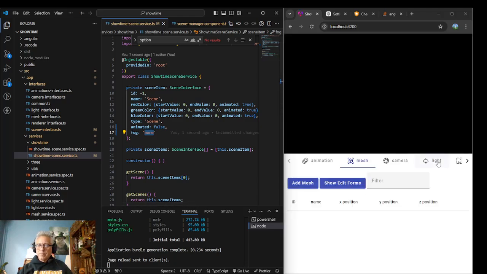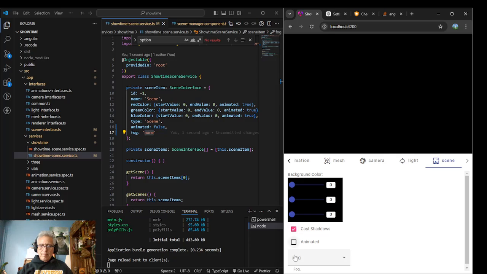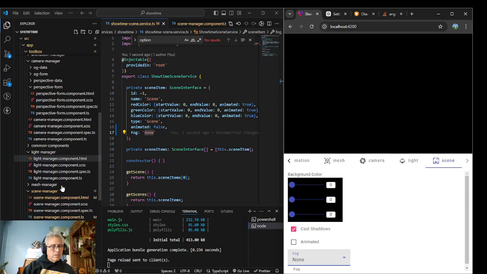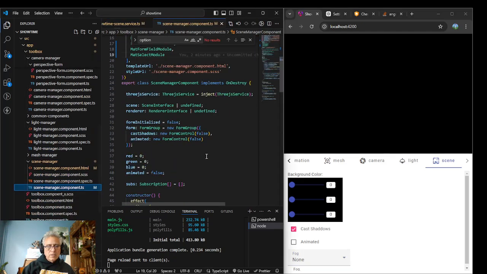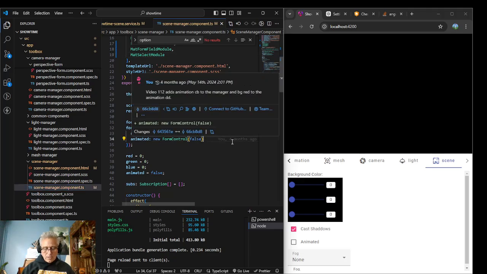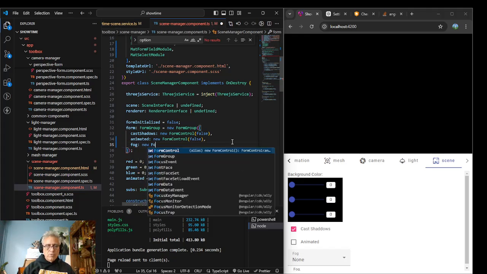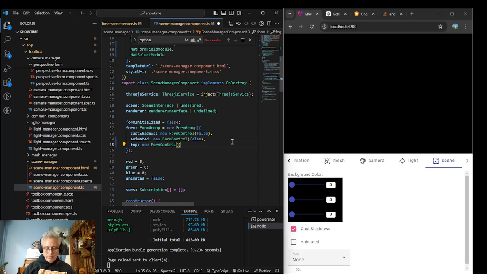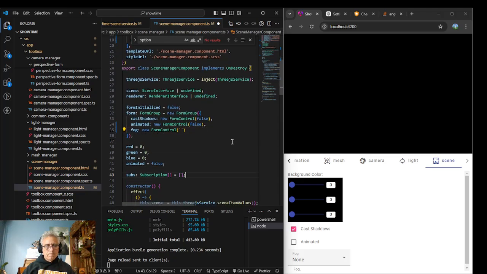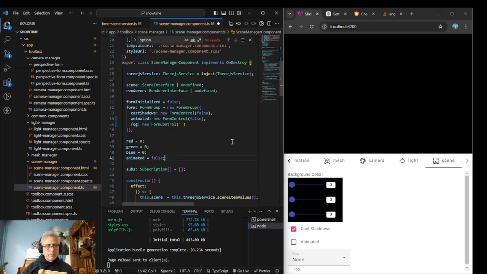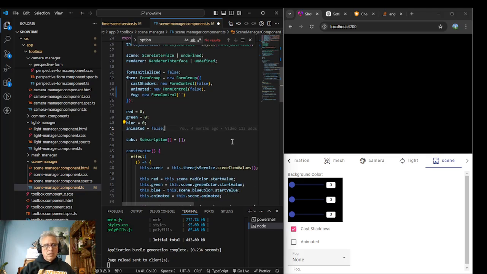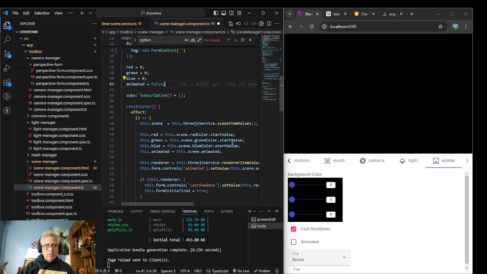Let's see. Fog none. Okay, so it's not showing the right thing. And that's because I added this fog new form control, boom. And then it's interesting. I have these animated, and then